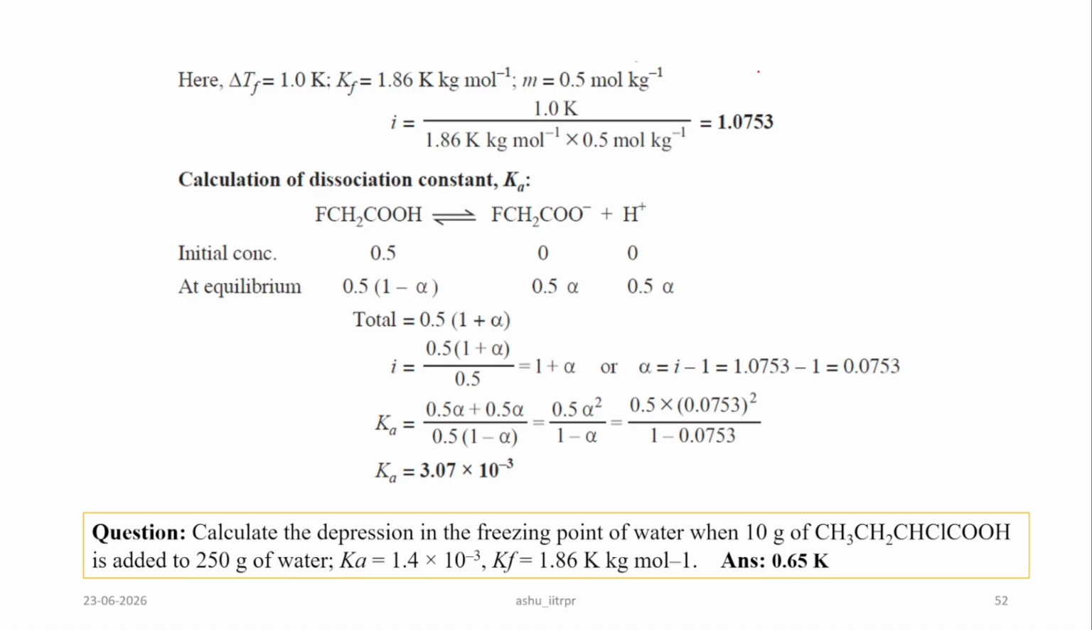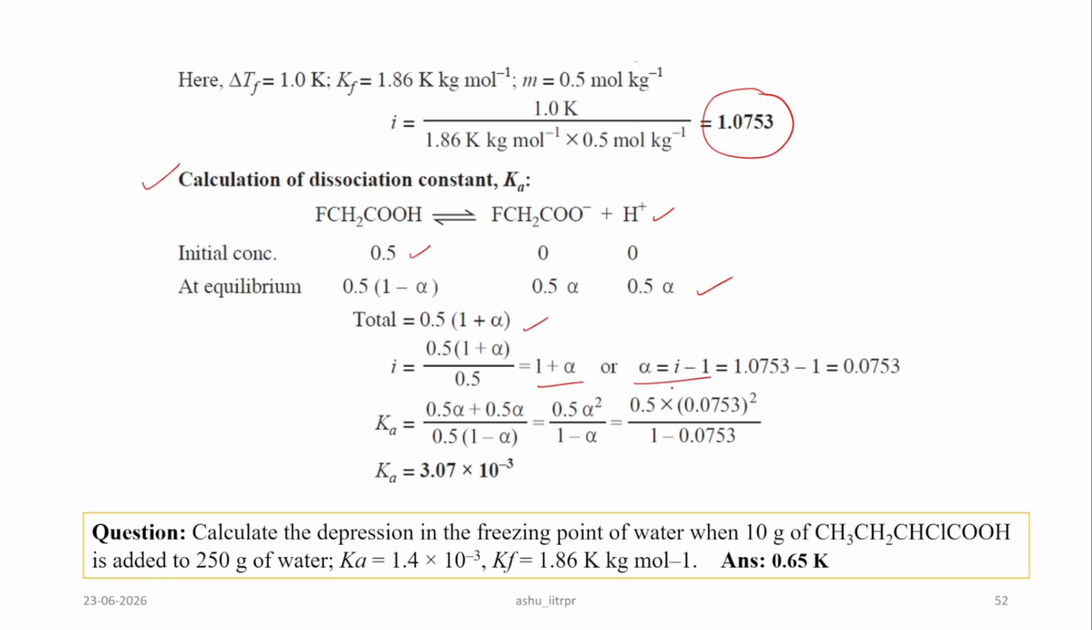So since we know the value of i, now how to calculate the dissociation constant? Now you have to apply class 11th equilibrium logic. So fluoroacetic acid will dissociate into fluoroacetate ion and H plus. Initial concentration 0.5, so it would be 0. At equilibrium it is 0.5 minus alpha, so 0.5 alpha, 0.5 alpha, no problem. Total moles 0.5 alpha plus 0.5 alpha. So in this way you can calculate i would come out to be 1 plus alpha,